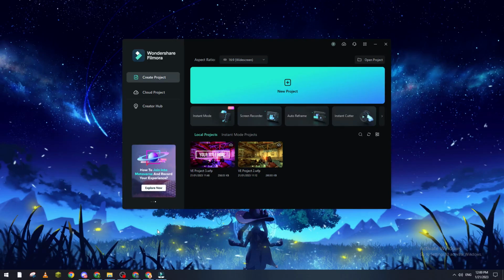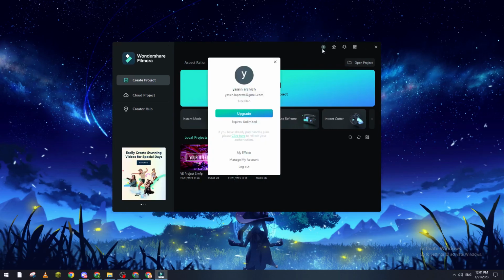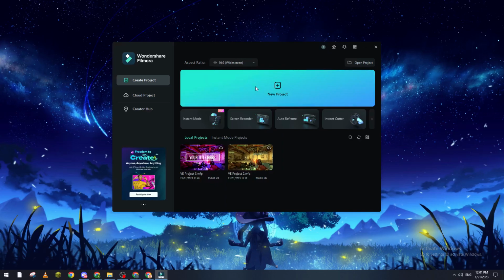In today's tutorial, I will show you how to highlight your text in Wondershare Filmora version 12. So, first of all guys, what I need you to do is go ahead and open your Filmora program. Make sure that you are logged into your account, as you can see,